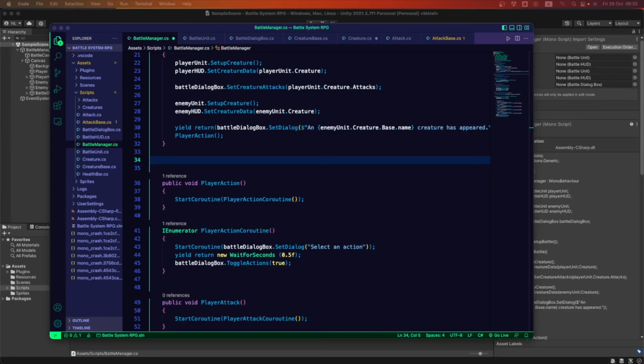Remember, each creature is going to have different attacks. So I want to set those attacks first, see if we have set them in the inspector for this creature, and then have a method that goes inside those attacks and gives me one randomly. So let's do that first.